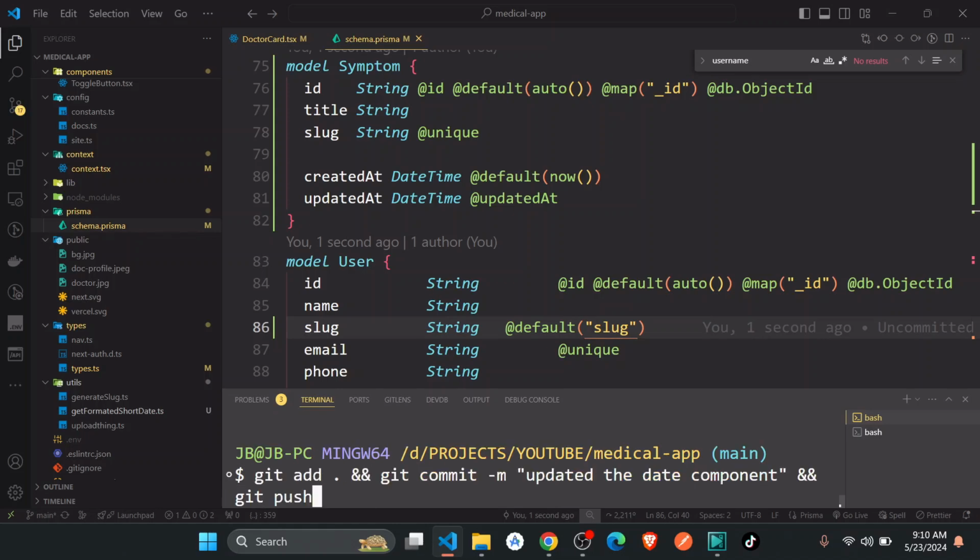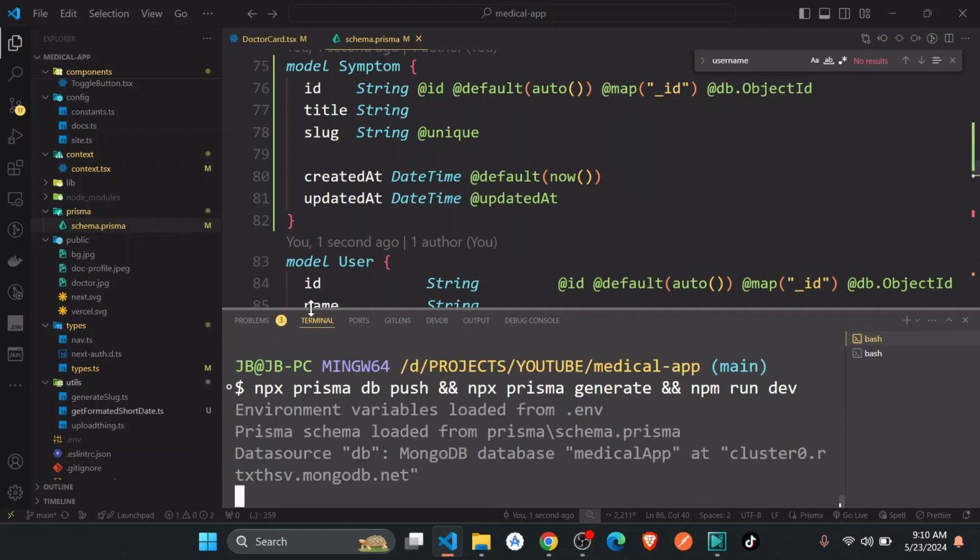So let me just go ahead and see if I can run the migration. npx prisma db push, and I'm just going to say npx prisma generate, and finally npm run dev. So after this operation is done,